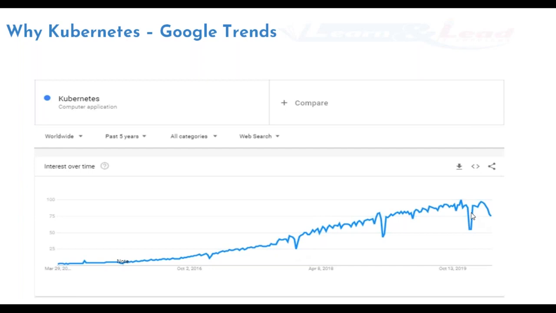Now, in this 2020 time frame, by this time, it rose to around 75%, which means 75% growth in 1 year. Think about how quickly organizations are trying to adopt containers and container orchestration as well, right? So this is why containers have become the buzzword and container orchestration has become the buzzword. Kubernetes is one of the top container orchestration tools in the market right now.